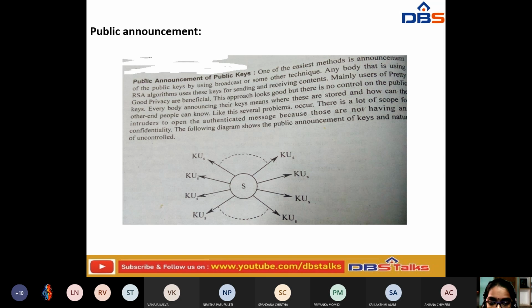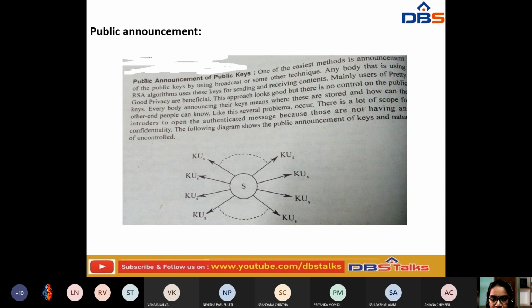Why? Because if you are setting that to public, then automatically the third person, even if he is a trusted person, definitely has the chance to modify the data.